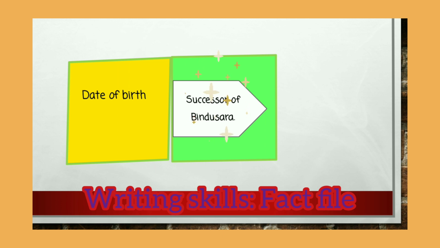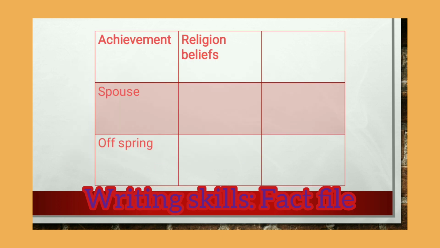Date of birth, or maybe the year of birth. Then Ashoka was a successor of Bindusara, and Bindusara was Ashoka's father. Write about his achievements, his offspring, that is how many children he had, his spouse, how many wives he had,